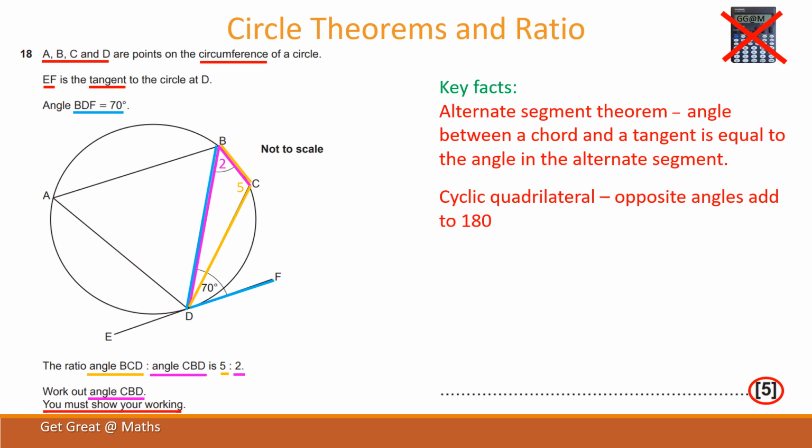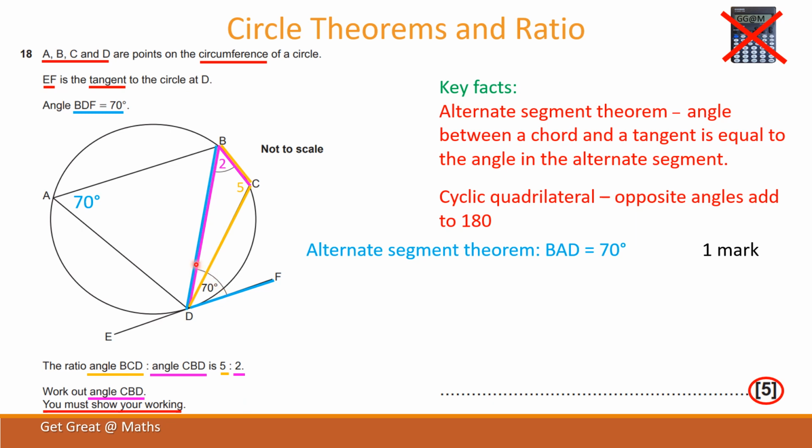Great work, everyone. So the first step in what we're going to look at is working out the angle A at the top, so BAD. Now to work out this angle BAD, we know it's going to be 70 degrees because of the alternate segment theorem, which says that BAD is 70 because